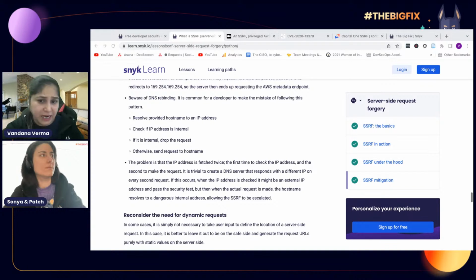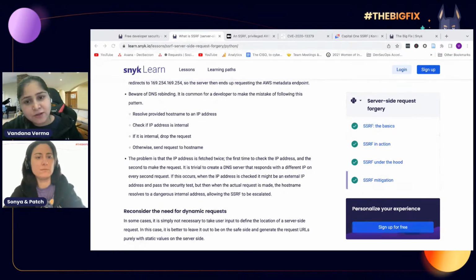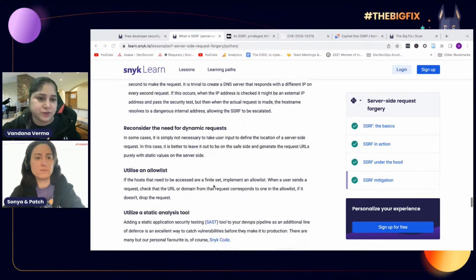Now, the problem is that the IP address may be fetched twice, the first time to check the IP address, the second time to make the request. If it's trivial to create a DNS server that responds to these requests with a different IP every second, then the IP address checked might be an external IP address. So while making these requests to the server, we have to be very, very cautious.